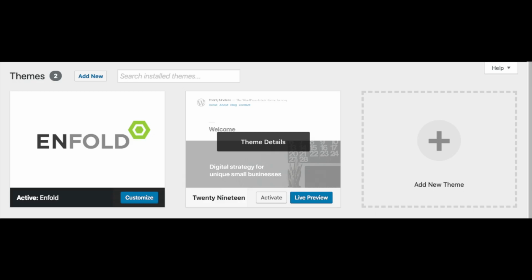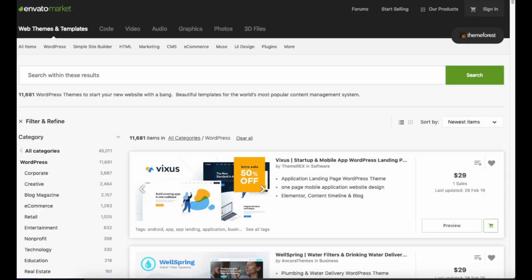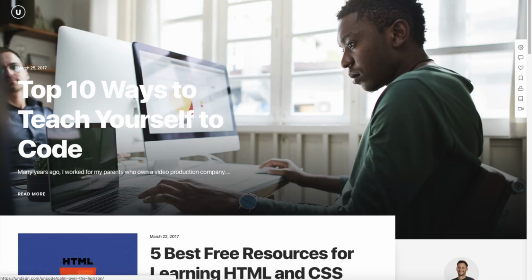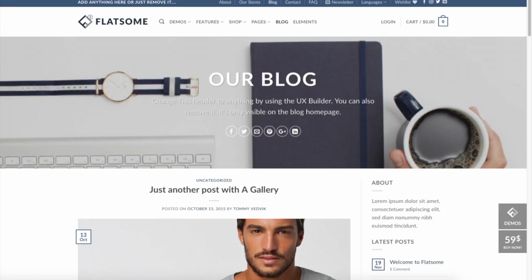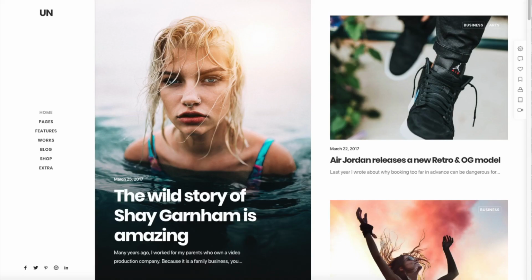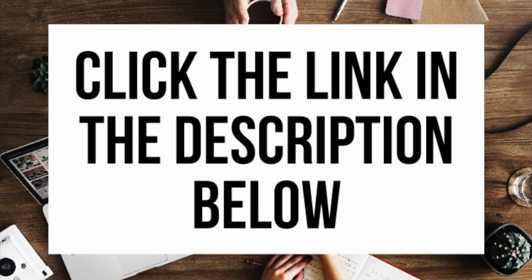This is where you can add a new theme if you got it from another site or it is a premium theme. A great resource I've used for several years and recommend for professional WordPress themes that look like an award-winning design for your blog is ThemeForest. This is the ThemeForest WordPress blog themes page. You can easily browse WordPress blogging premium themes, click on them and get a live preview of themes as you can see here. Here are a few examples of premium WordPress themes that are already pre-made for you to input your information or change however you'd like. You'll see they look really good. Click the link in the description below to check out ThemeForest.